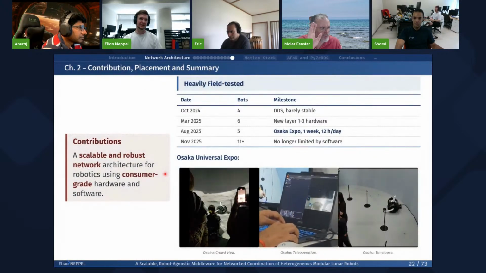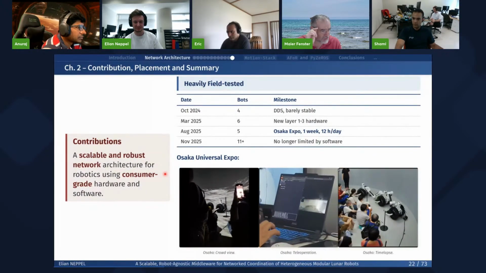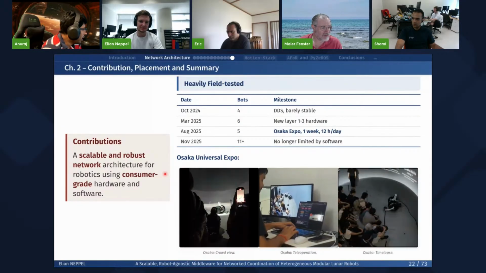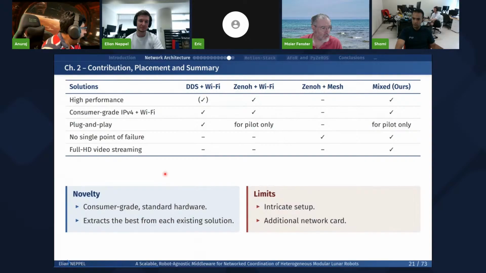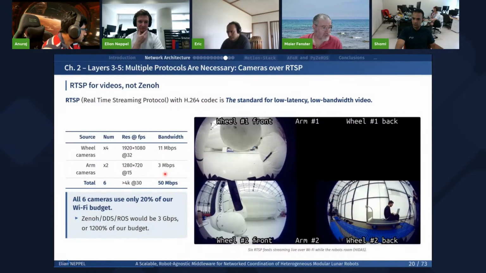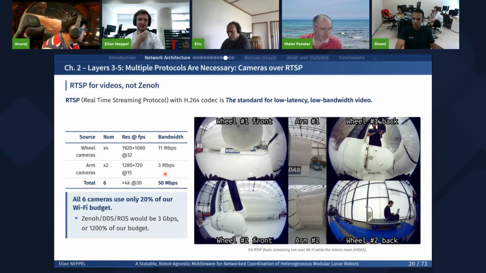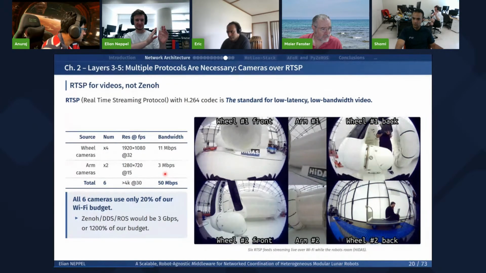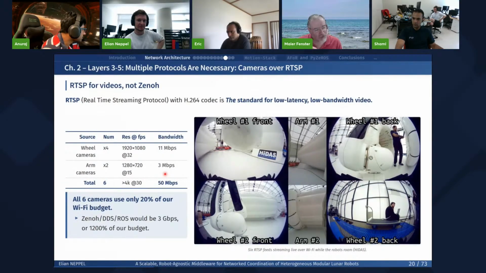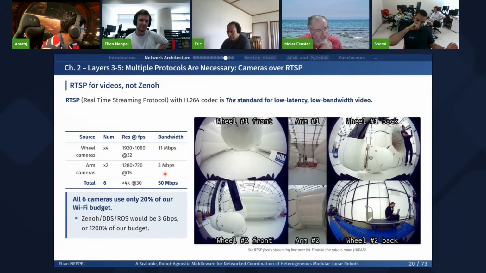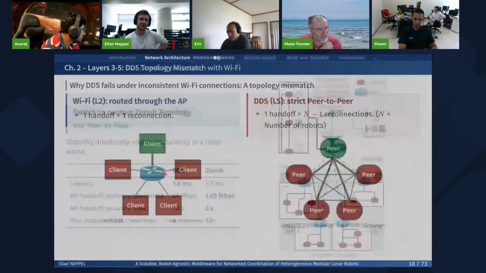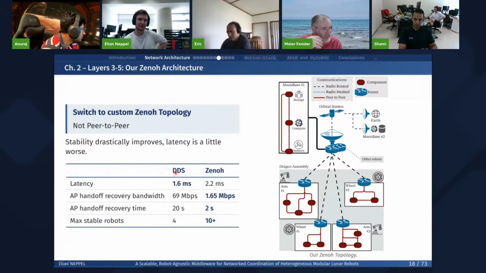Excuse me, there's just one point I wanted to make sure I understood. The reason why in Wi-Fi you're limited to 5 robots is because you have HD video, one channel coming from each robot. Is that correct? This is not related to Wi-Fi. This is related to only Zeno and DDS. No, I understand. Sorry, you were comparing it to Wi-Fi, and you said Wi-Fi is limited to 5 robots. So I'm really asking, why is Wi-Fi limited to 5 here? Is it because of the video bandwidth?